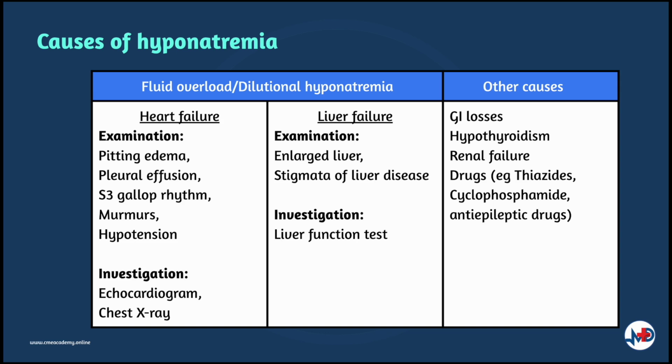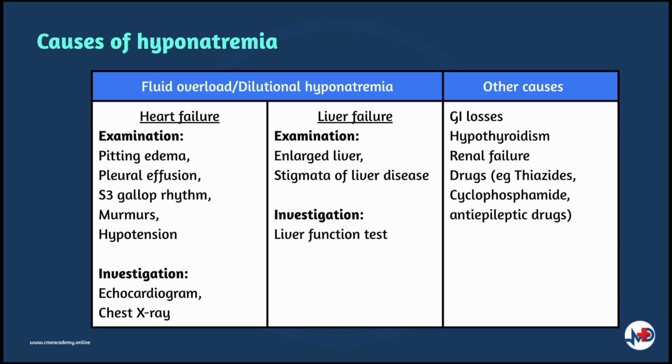For hyponatremia, the first cause to be elaborated here is fluid overload. In other words, dilutional hyponatremia. On examination, assess for failure status in the heart, such as pitting edema, pleural effusion, S3 gallop rhythm, murmurs, hypotension, while in the liver, check for any enlarged liver and stigmata of liver disease. To confirm failure in the heart, you can obtain an echo for left ventricle function status and chest X-ray for signs of heart failure with a mnemonic ABCDE. For liver failure, order liver enzymes, specifically serum bilirubin levels. Lastly, look out for other causes such as GI losses, hypothyroidism, renal failure, and drugs such as thiazides, cyclophosphamide, and anti-epileptic drugs, as they can result in